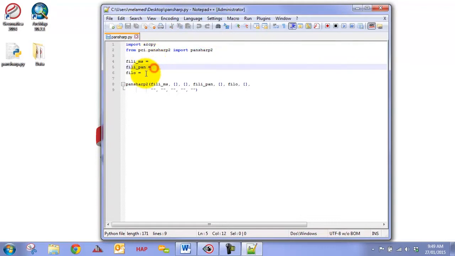Now I've set up a couple of empty variables here. This variable will take in the input multispectral image. The next one will take in the input panchromatic image. And then finally we want the output pan-sharpened image that the function will create. But we want these variables to be passed to the script through ArcMap, so we're going to show you how to do that in a moment. The last thing we do is call the pan-sharp2 function and pass the